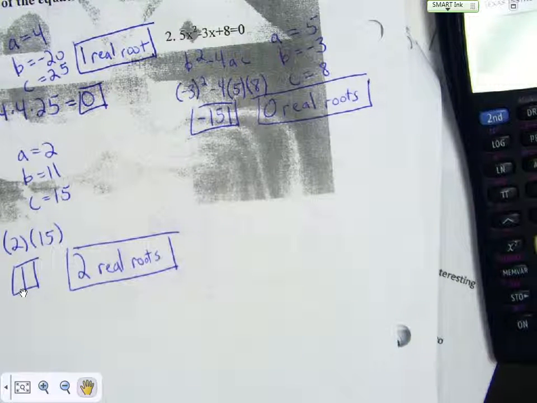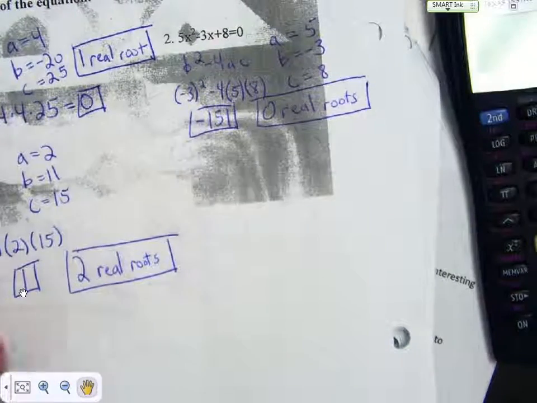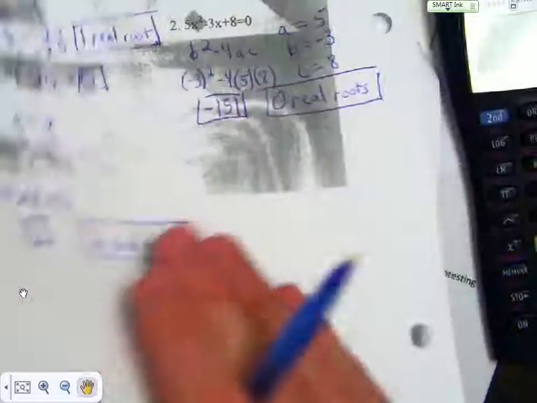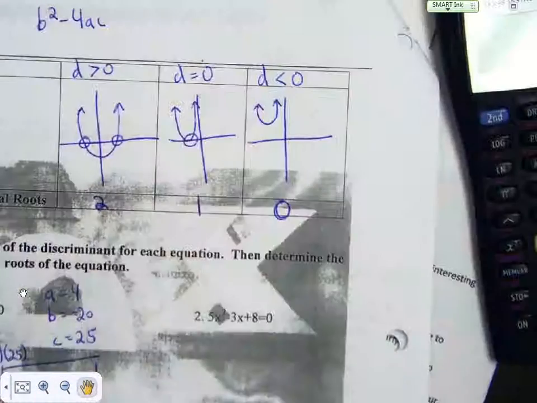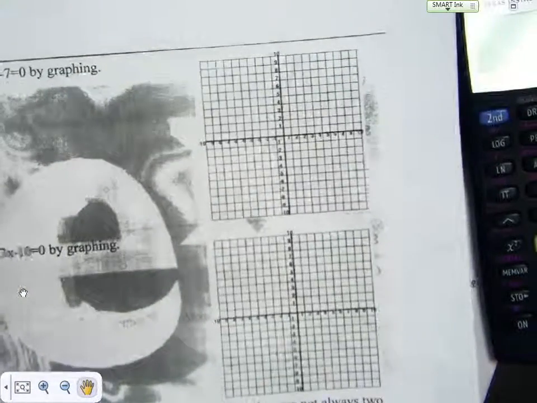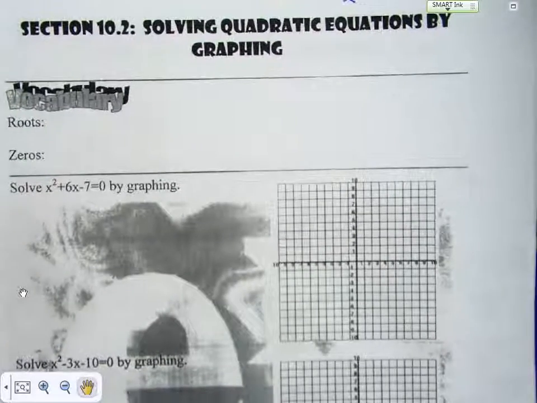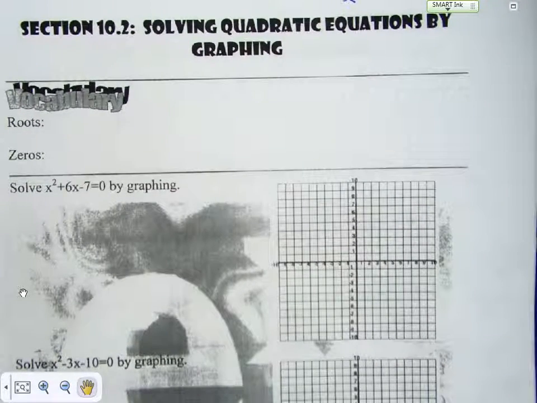I'm going to now go on to 10.2. So we're going to back up a little bit, and we're going to go to 10.2. So we're backing up to 10.2. This is where you should be right now. We need to kind of define some vocabulary here. What is a root? The root is actually the solution